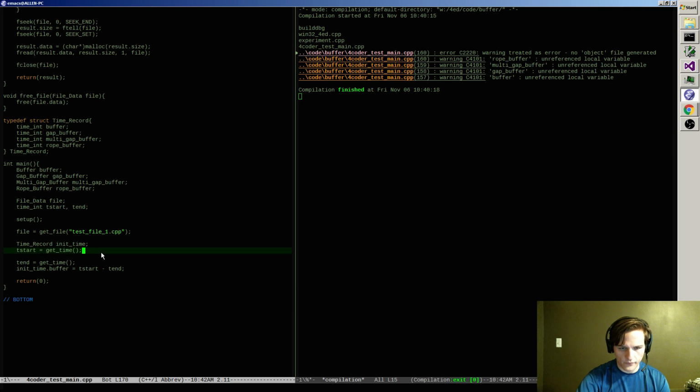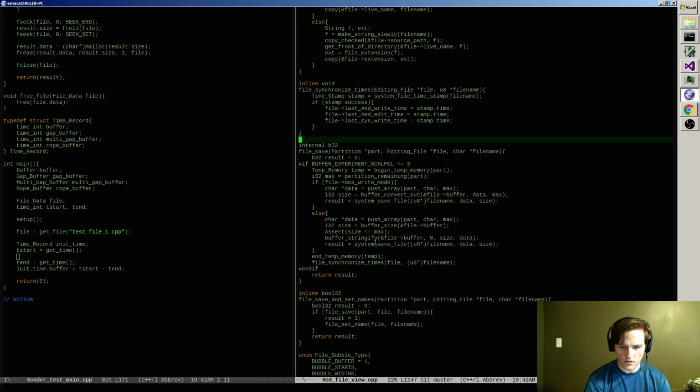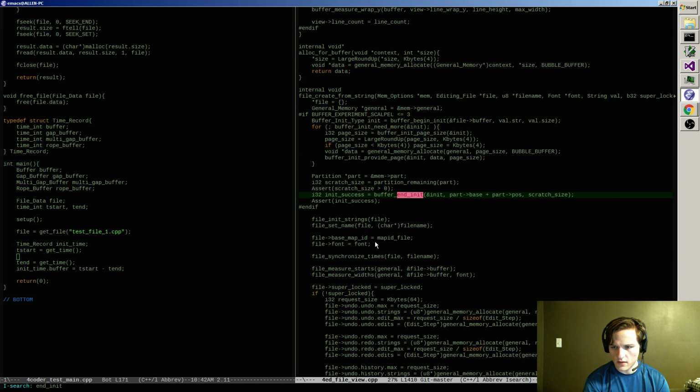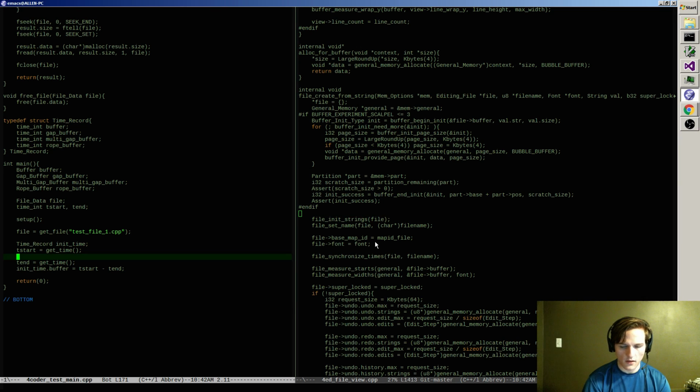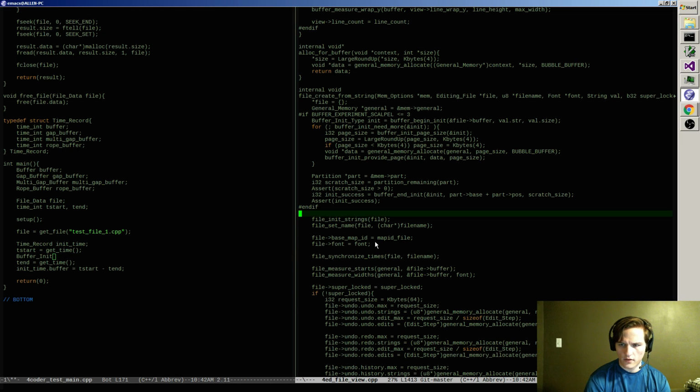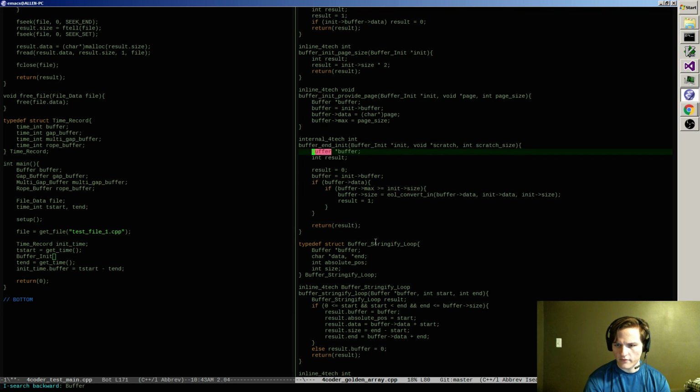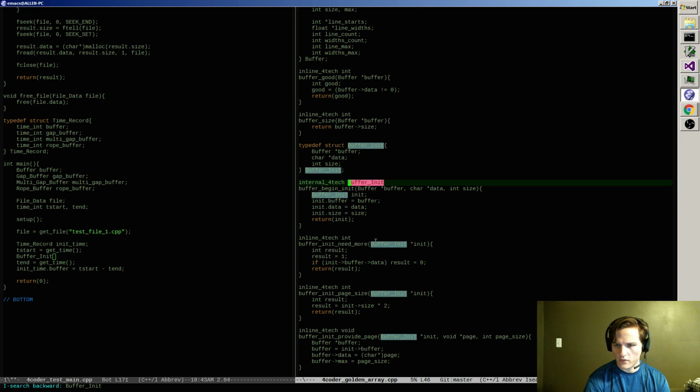Okay. So that means that for the initialization, all I have to do is kind of like this with the loop. So it's like for the first one, for example, init. How does buffer init type get it defined? Golden array, buffer init. Yep, that's what it's called.